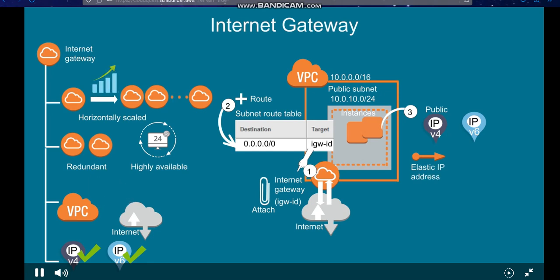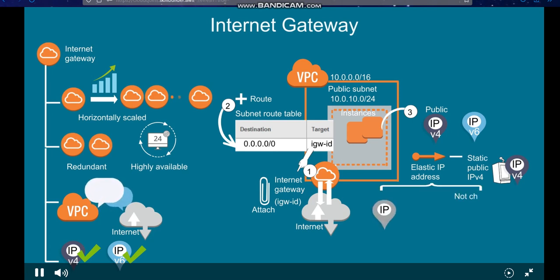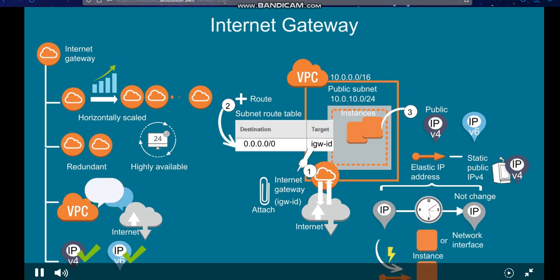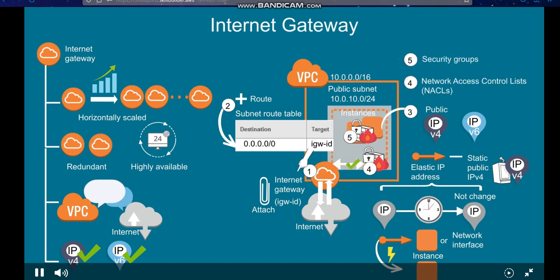An elastic IP address is a static, public IPv4 address. Static means it does not change over time. You can rapidly move an elastic IP address from one instance or network interface to another. Lastly, ensure that your network access control lists, NACLs, and security groups allow the relevant traffic to flow to and